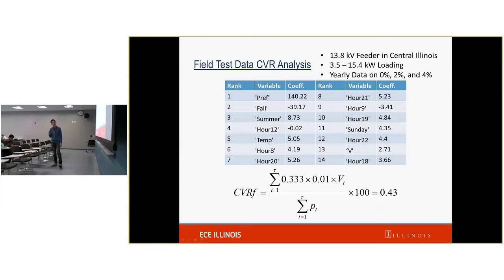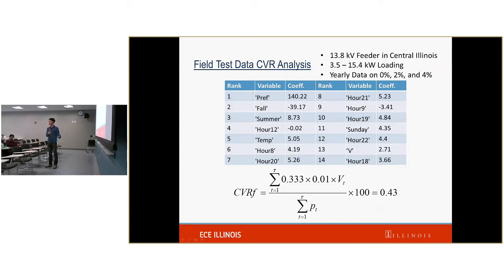use the real field testing data from the Ameren feeder as input to this LASSO model. This is a 13.8 kV feeder in central Illinois, with loading going from 3.5 to 15.4 megawatts, and it has a CVR of 0%, 2%, and 4%. Basically, they either have no reduction, or sometimes they do 2%, sometimes they do 4%. There's no certain pattern. They just do this depending on the condition of their load and the condition of the feeder. So we perform this on the same structure, and you can see the number 1 rank is the